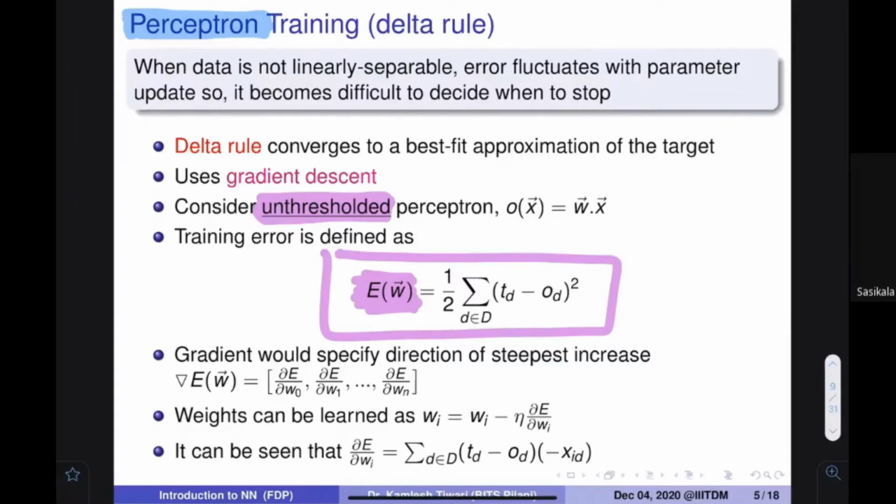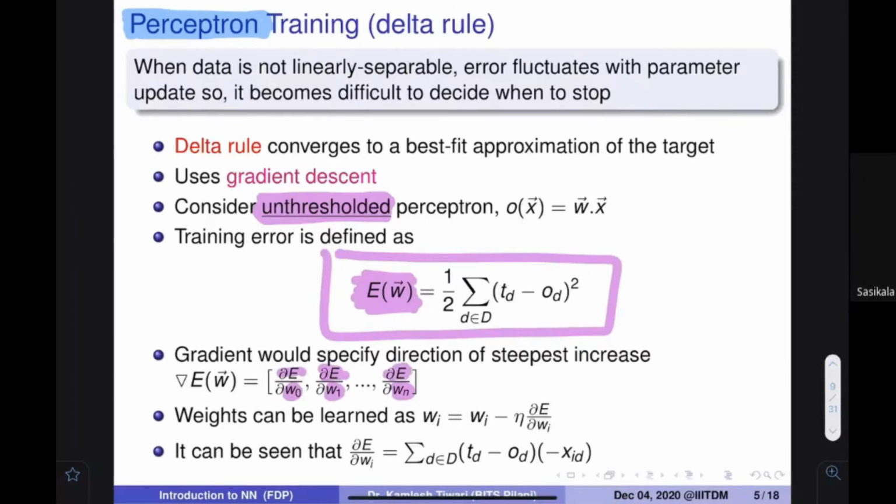So how many of you are actually comfortable with this idea? If you're not comfortable, if you're not a mathematics teacher, that's not a problem. Just try to understand that we have to somehow find the derivative of this quantity. And if you know the derivative of this particular error with respect to W0, W1, W2, with respect to every weight that we have, you find out what is the derivative of this thing.